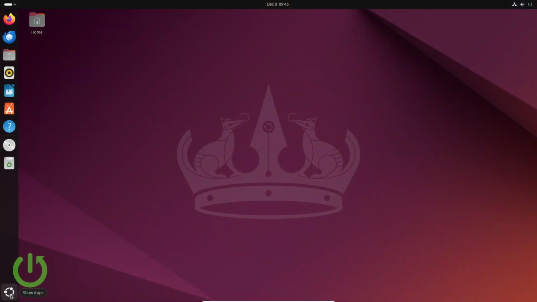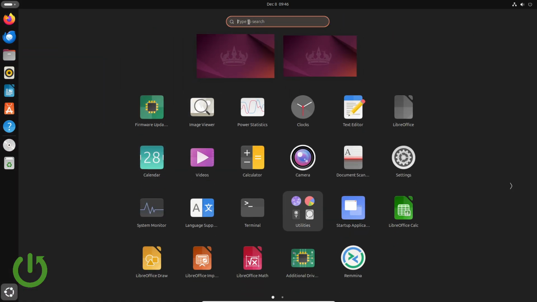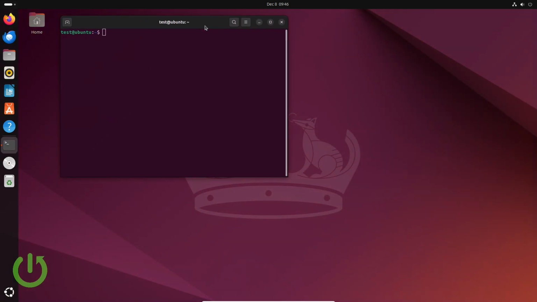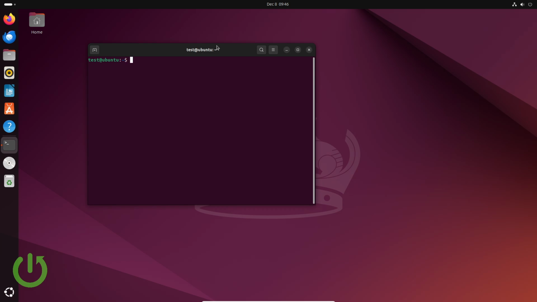So basically your Firefox should be installed automatically, but if you somehow don't have it, you can go to the terminal, open it, and first of all you can check if your Firefox is installed by typing in the command firefox --version. As you can see, for me it's installed, but if you don't have it, you have to simply